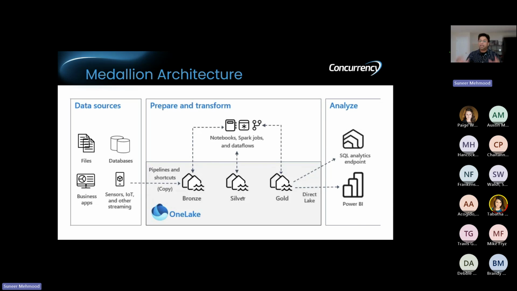And silver, as the name implies, is the next better medallion layer, right? Now the data gets into a much more refined or quality controlled state. You take care of any duplicates or nulls.